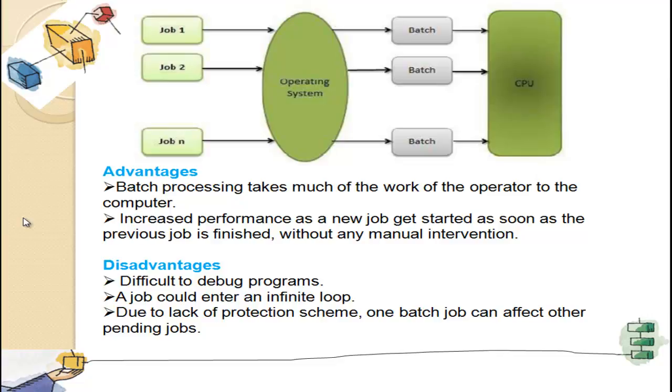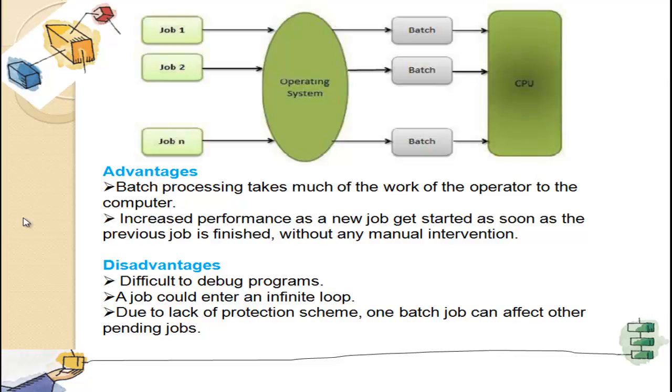Most of the work is done by the computer. Second one is increased performance, as a new job gets started as soon as the previous job is finished, without any manual intervention. So it saves time. There is no need of human intervention each and every time. As I gave you the example of printing documents, you can either print them one by one by again and again giving the print command, or you can give the print command once and print all those documents without any